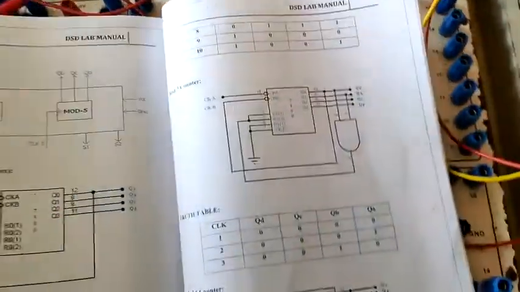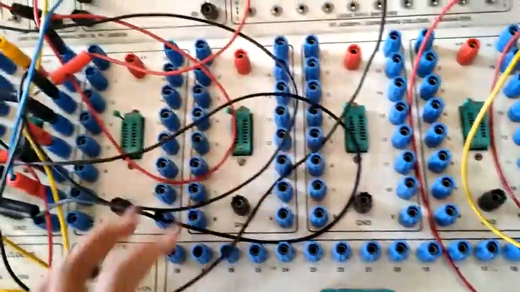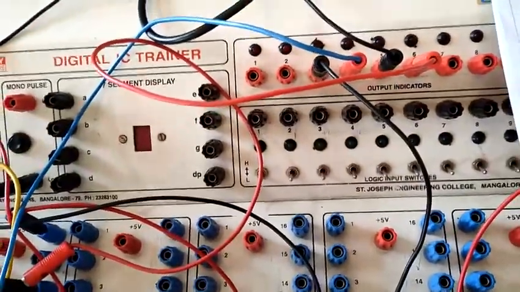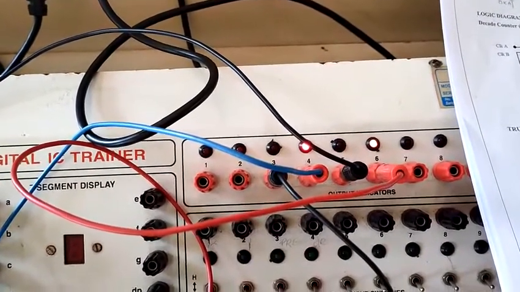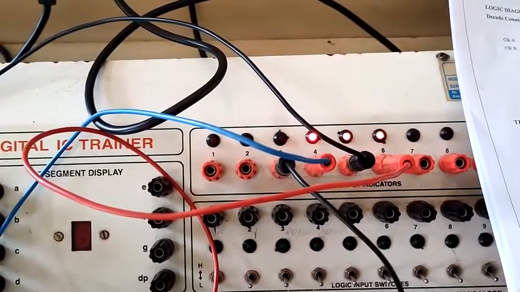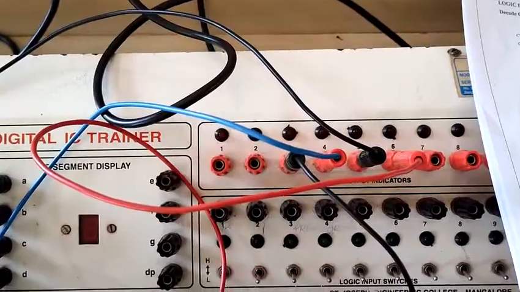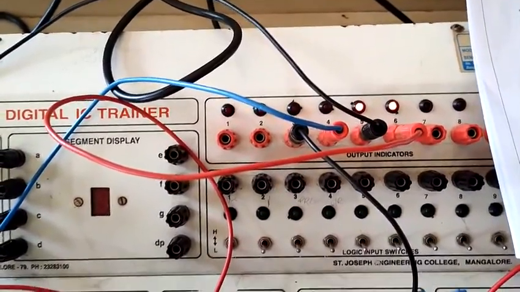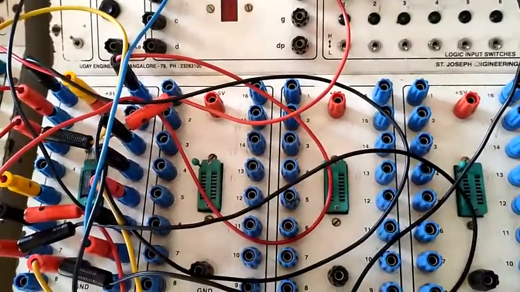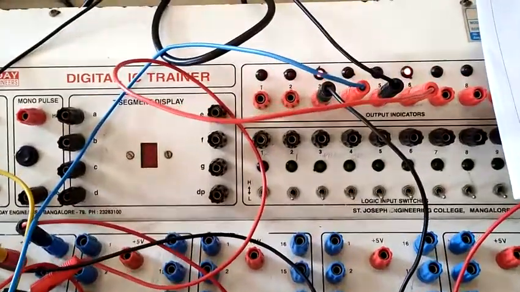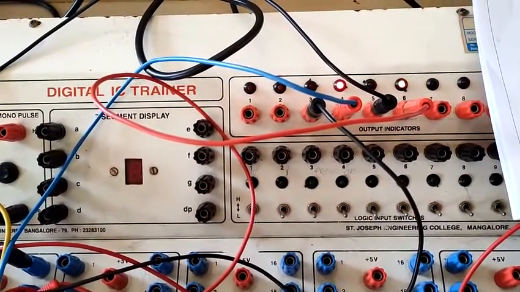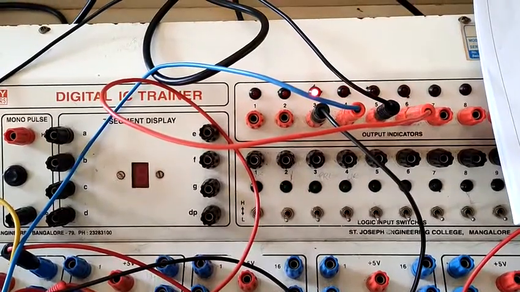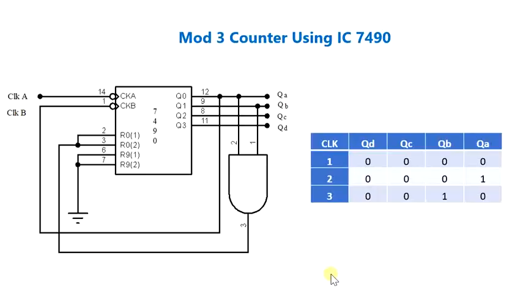1001. So the first output that I obtained is the one which is obtained as soon as I switch on the IC trainer kit. So this is the first output, second, third, fourth, fifth, sixth, 7, 8, 9, and then it's reset to 0. This process continues. So basically this particular mod 10 counter counts from 0 to 9 and then resets. 8, 9. So next we have the mod 3 counter.